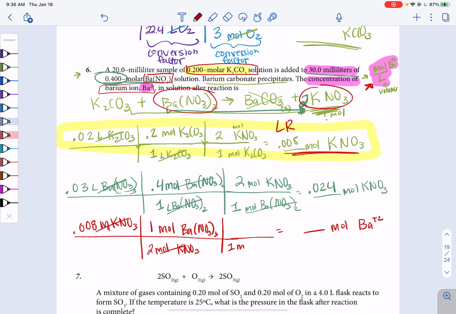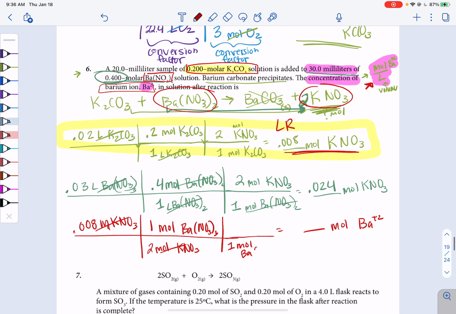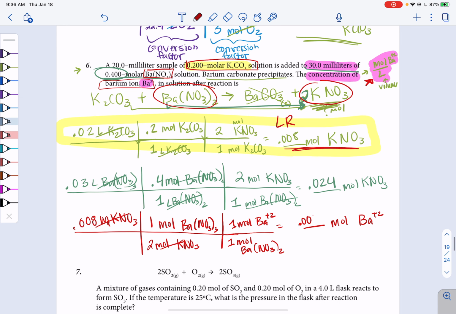For every 1 mole of barium nitrate, there's also 1 mole of barium ions. So 0.008 times 1 times 1 and then divided by 2, that was not hard math, I get 0.004 moles of barium, and this was what was